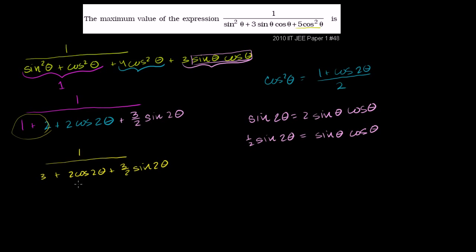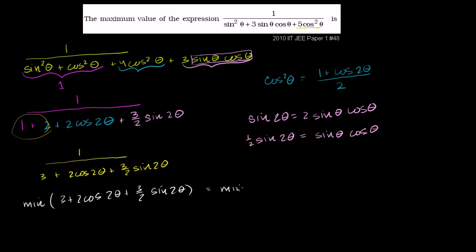And we're really just looking for the minimum value of the denominator, which would give us the same as the maximum value of the numerator. It would just be 1 over this minimum value. So let's see how low we can get, assuming we're above 0. Let's see how low we can get for this denominator right here. We're just going to look for its minimum value. So one thing we can do, just to simplify things: the minimum value of 3 plus 2 cosine 2 theta plus 3/2 sine of 2 theta